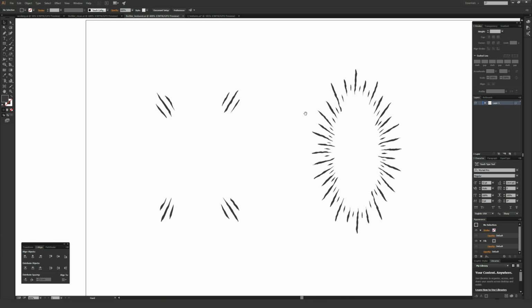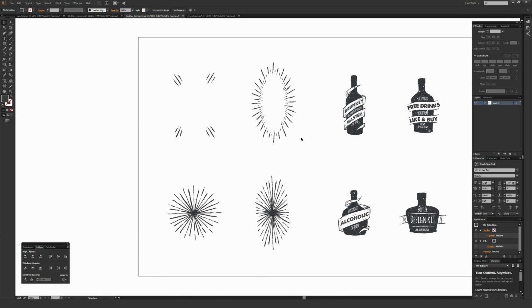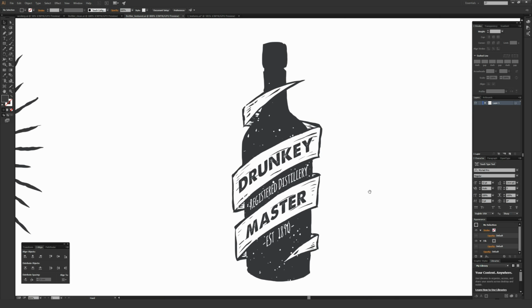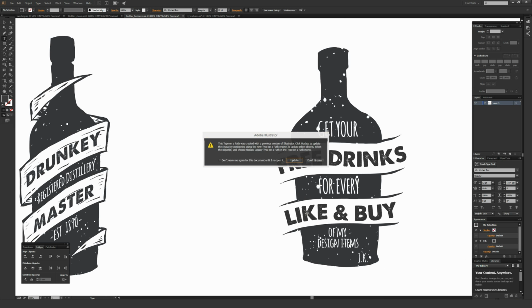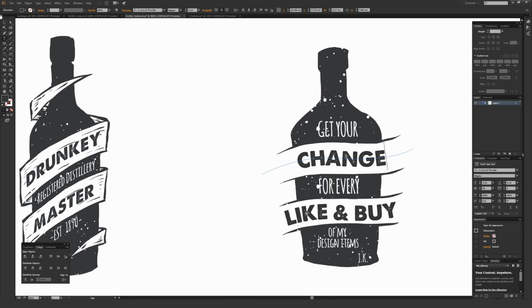So there are a few different bordered elements right here in the left-hand section of this page. They look like vintage starbursts, so if you think you'll have use for those, they are on the left-hand side. And then we get into the actual bottles right here, so all the type on these can be changed. I have to update this type quick. But once you do that, you can change this type to be whatever it is you need it to be, and it should automatically go on the right path too,